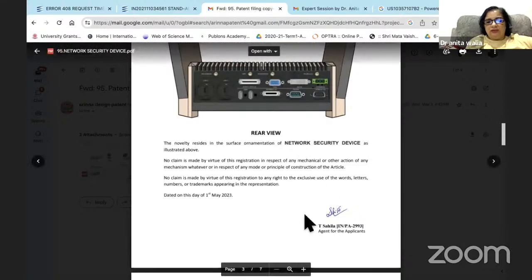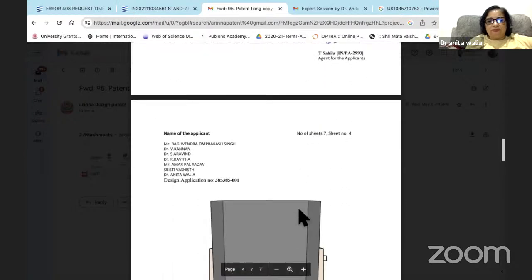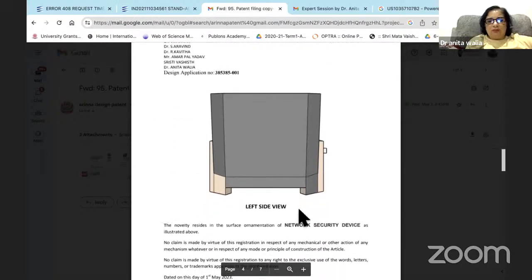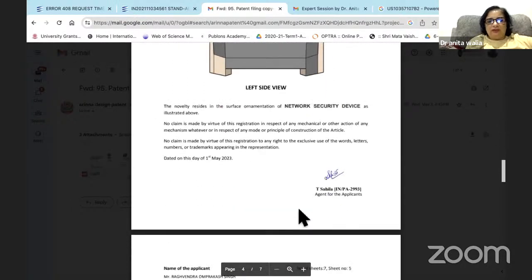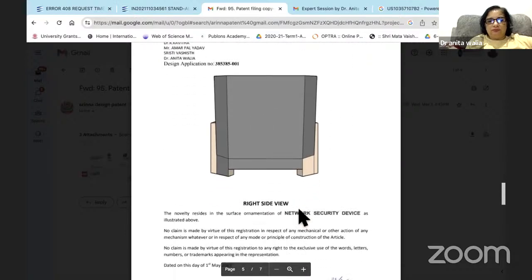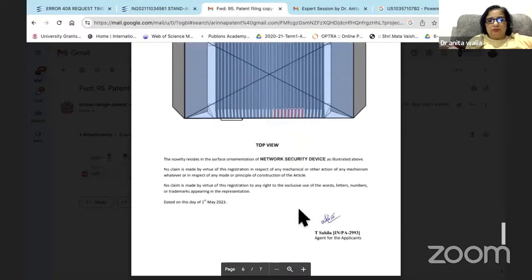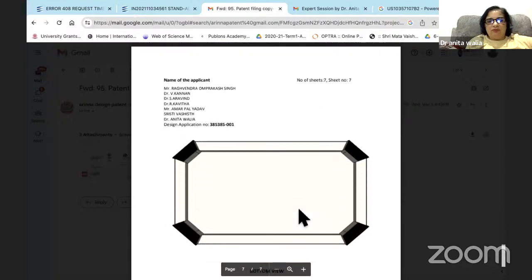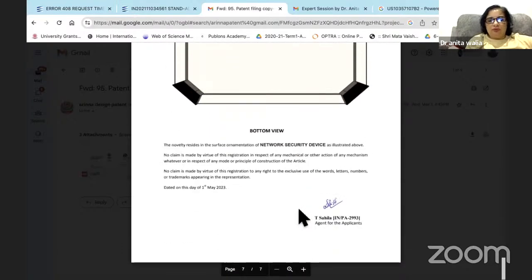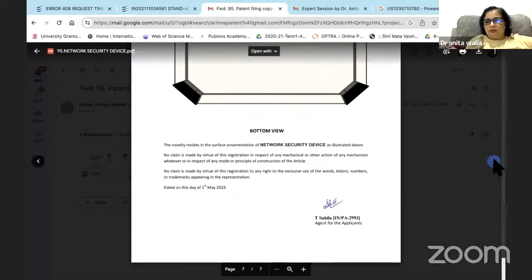These are our agent signature. These are all the applicants. This is the left side view. This is the right side view. This is the top view. From every view we have given, you can see the bottom view. So this is the one.